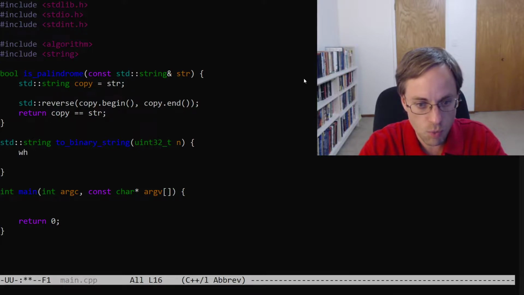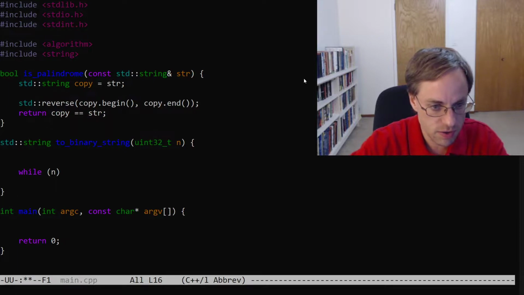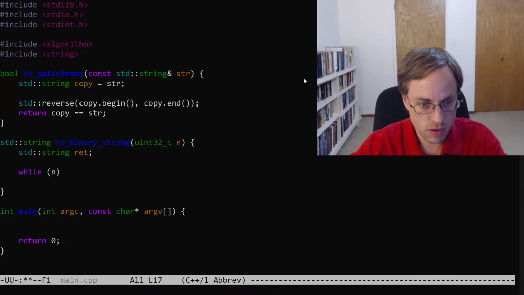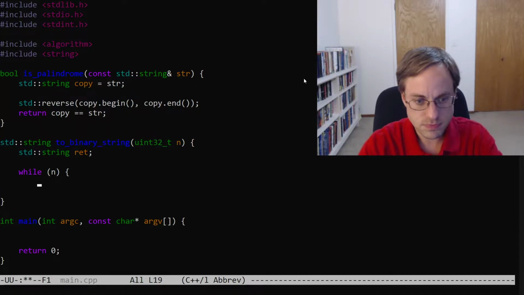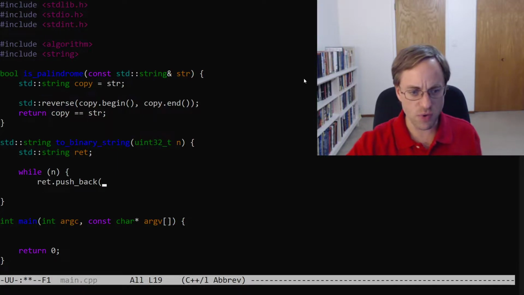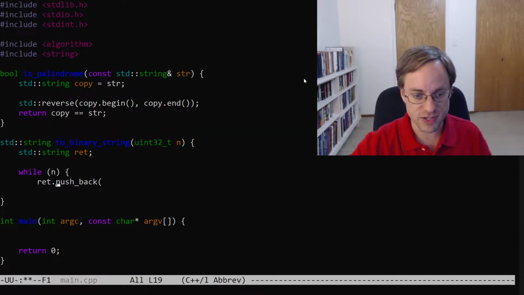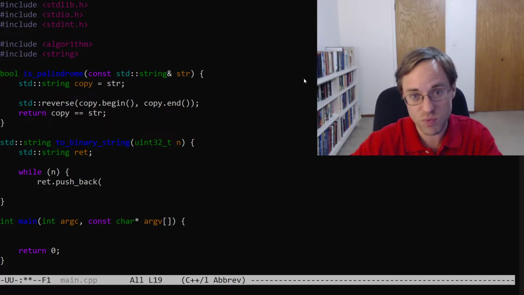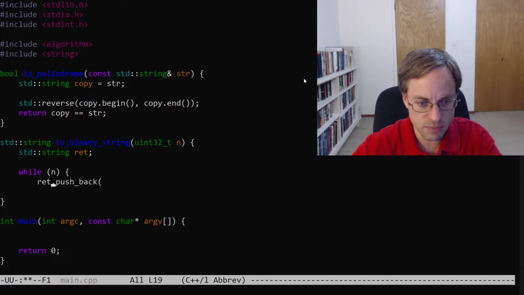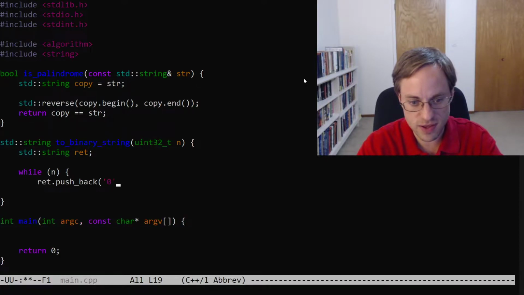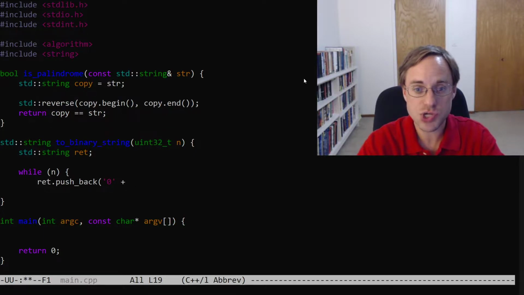So we'll just say while n, we'll need a string here. Say while n, we'll do ret.push_back. So there is also a method append in the string class, but it's a little bit weird because it takes a number of characters, and we only want to push one character, and so it's a little bit more precise to use push_back rather than append. Okay, so we're just going to say '0' plus, and then we need to divide by 2 and take the remainder to get that first bit. But it's actually more efficient to use bitwise,